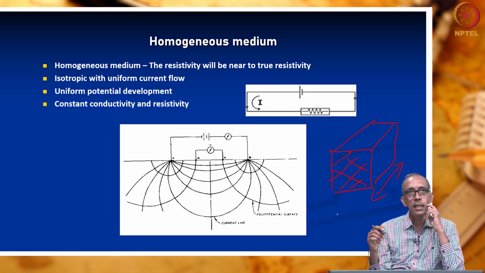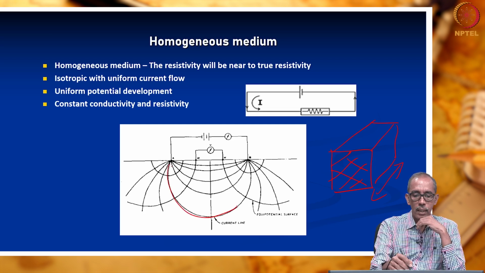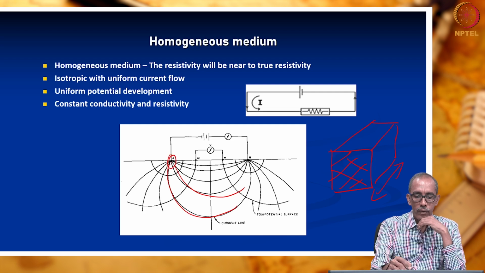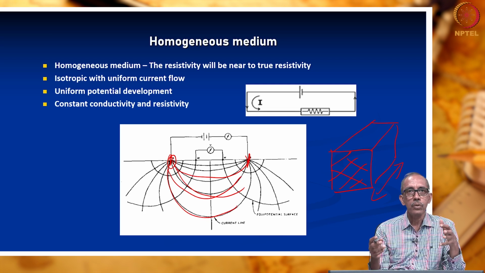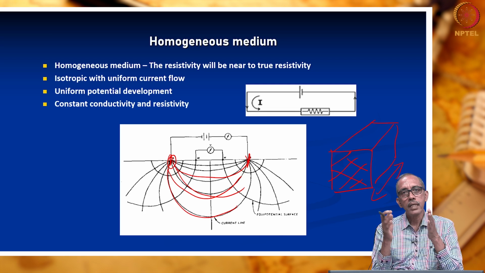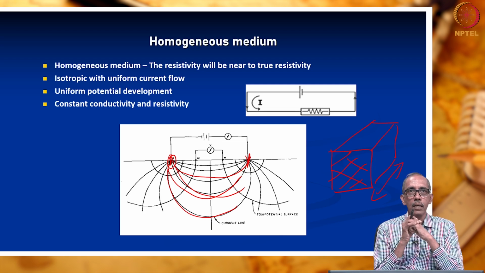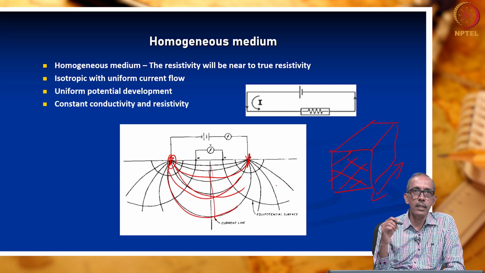Right? Whereas in the subsurface of the earth, even if the material is homogeneous, the current flows something like this, right? We apply current from these two places, current passes into the earth like this. When the current is passing through the subsurface, as you see here, the subsurface offers some resistance to the flow of current, right? Due to which the potential gets developed, as you see here, perpendicular to the directions of flow of current.